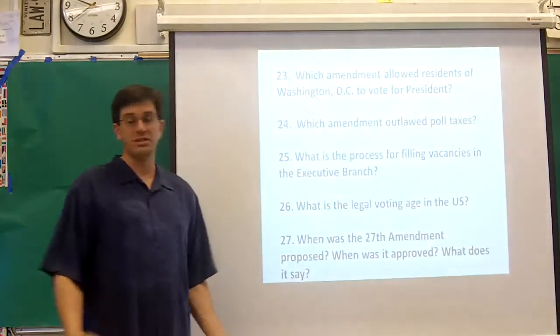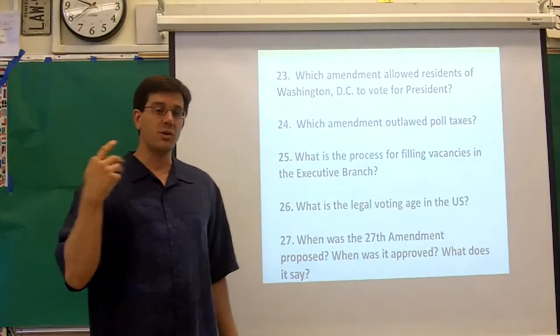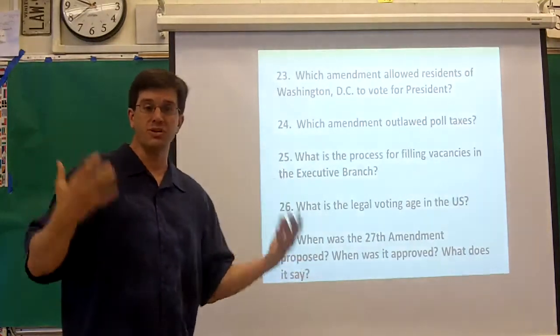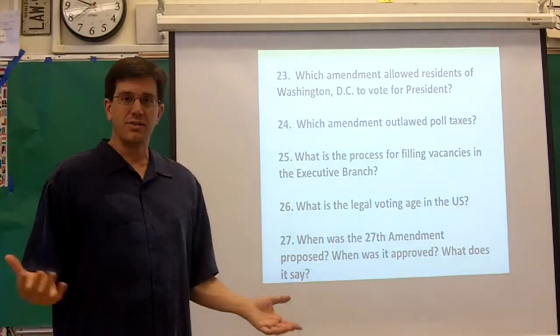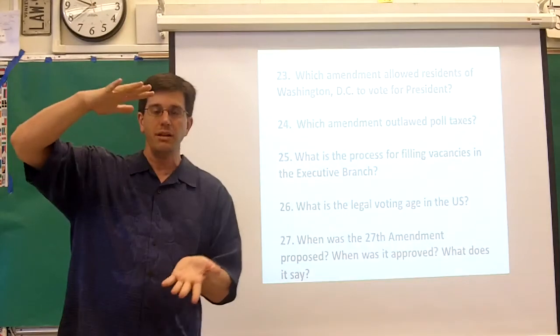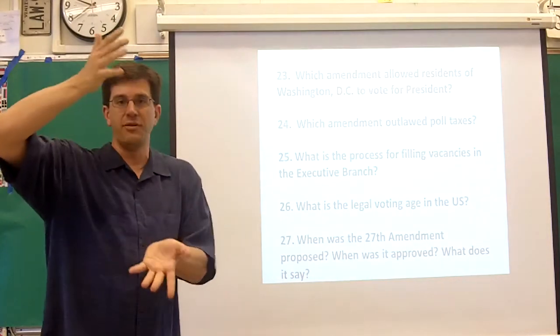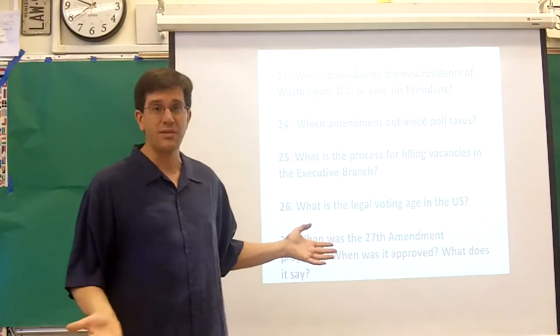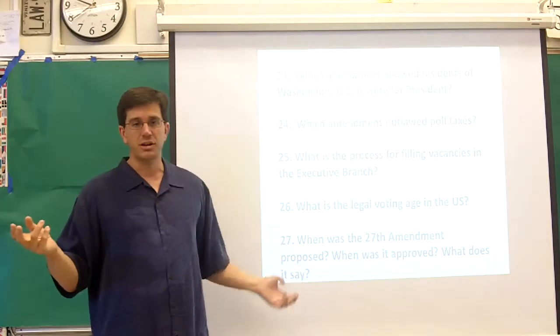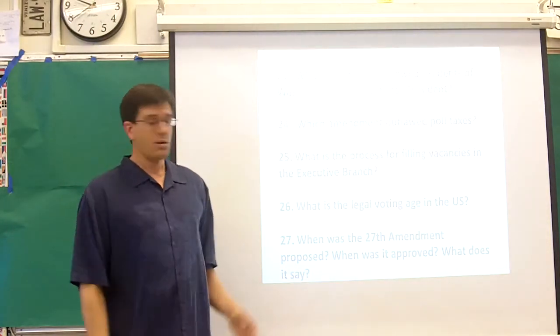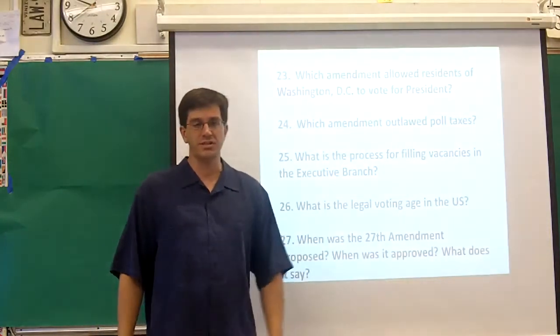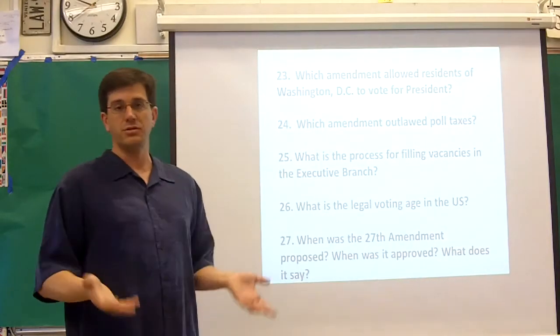And the 27th Amendment's kind of funny. The 27th was actually proposed originally in the original Bill of Rights. The original Bill of Rights actually has 12, they're called articles, but 12 amendments. Only 10 of them were ratified and became our Bill of Rights. But there are 2 other ones sitting in there. One of which was this little quirk, which is members of Congress vote their own salaries.